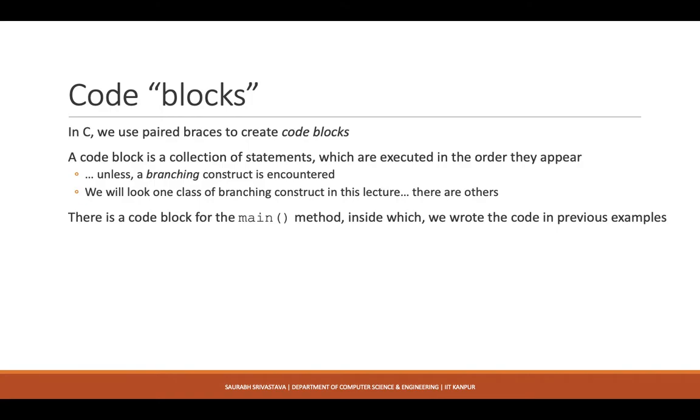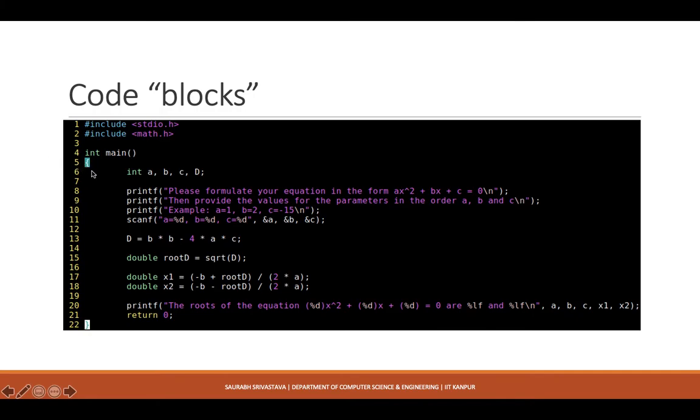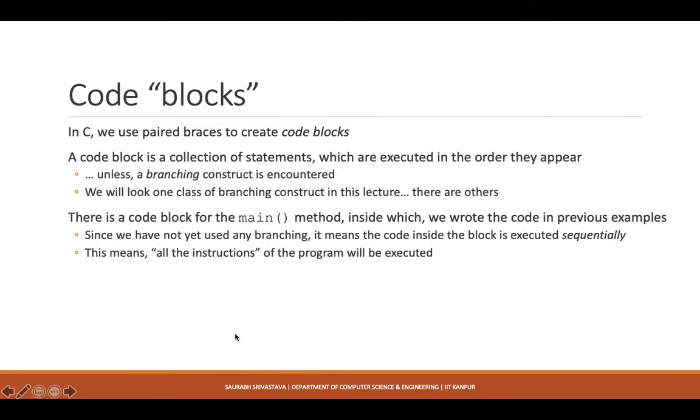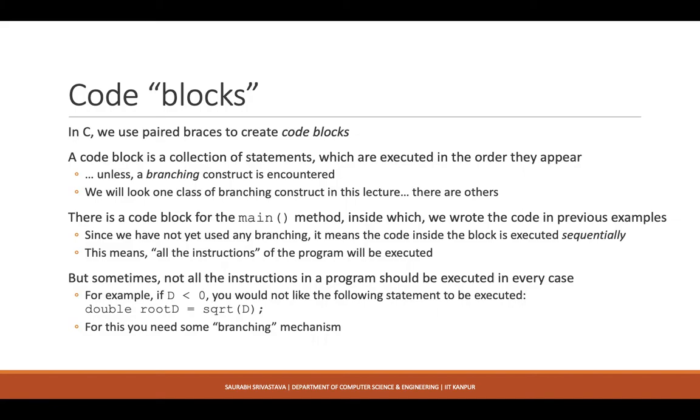I have already talked to you about this, that in main also we have these braces, right? The whole code that you wrote was inside these braces. Because we have not yet used any kind of branching, it meant that all the instructions in this program will be executed every time you execute your program. But sometimes you would like certain instructions in your program to be executed only when there is a certain condition. So for example,